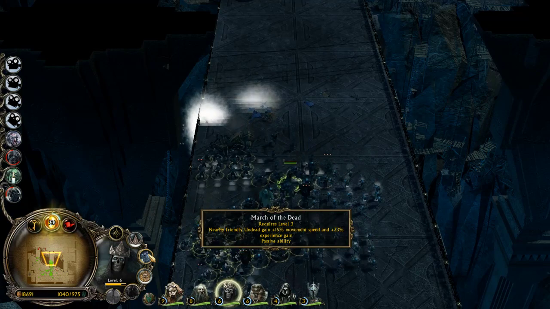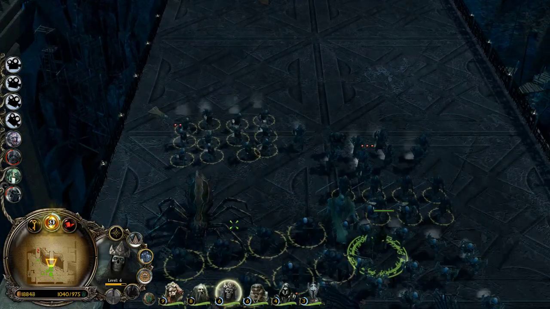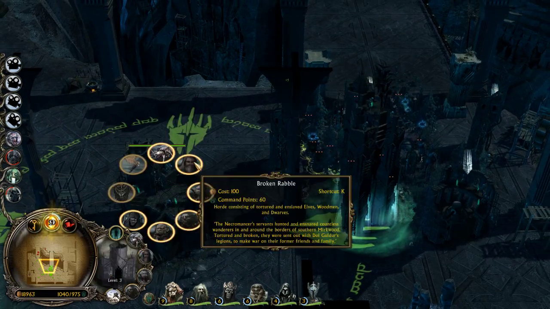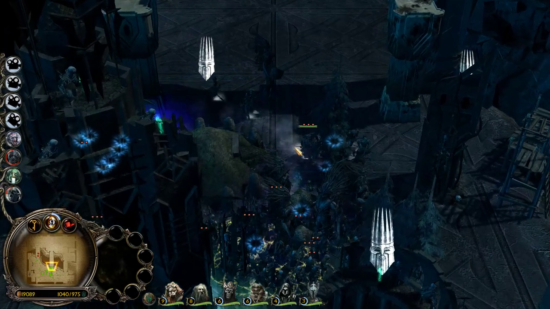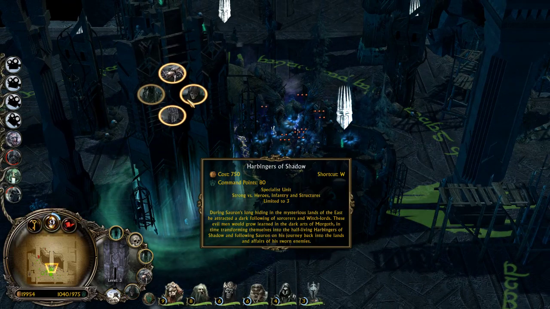Next, he has March of the Dead. Nearby friendly undead gain 50% movement speed and 30% experience. Notice how it says undead, because that means the Risen Dead units, and also the dead from the Broken Rabble when they die at level 2. I don't think there are any other actual undead units. Unless the Hunters of Shadow are cast...